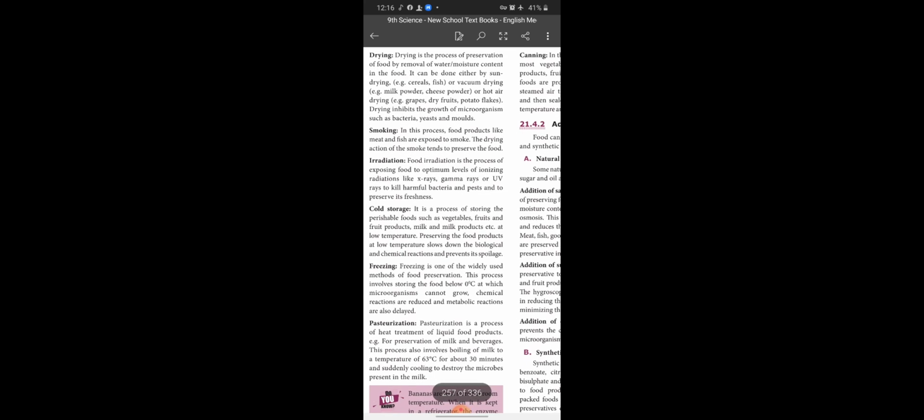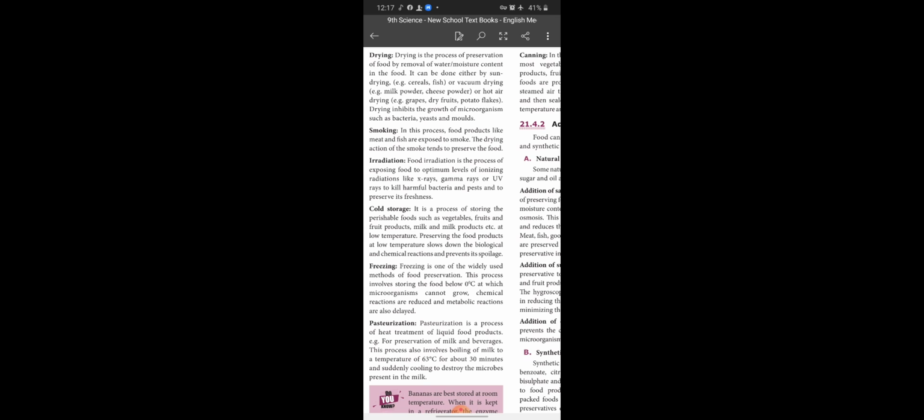Next one is cold storage. It is a process of storing perishable foods such as vegetables, fruits and fruit products, milk and milk products, etc. at low temperature. Preserving the food product at low temperature slows down the biological and chemical reactions and prevents its spoilage. So we know very well that in our home we keep things such as fruits, vegetables, milk and milk products in the refrigerator. It is called what? Cold storage. This cold storage avoids the spoilage